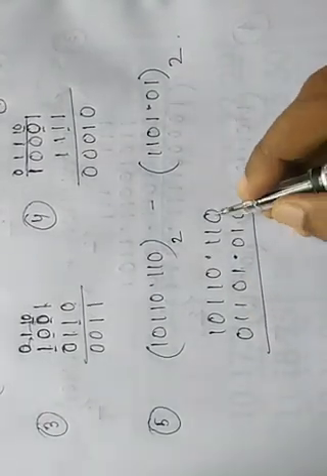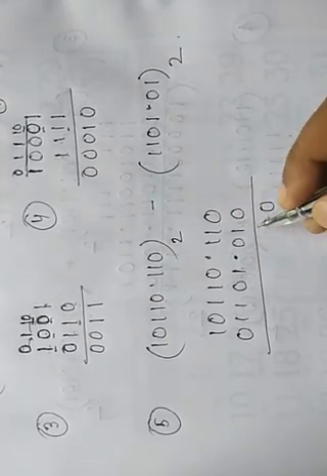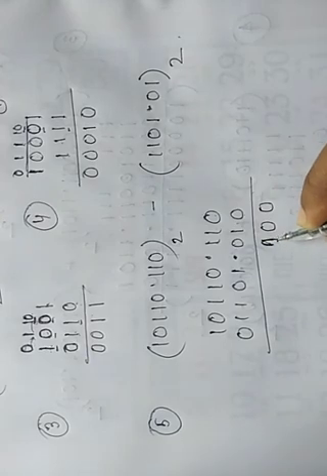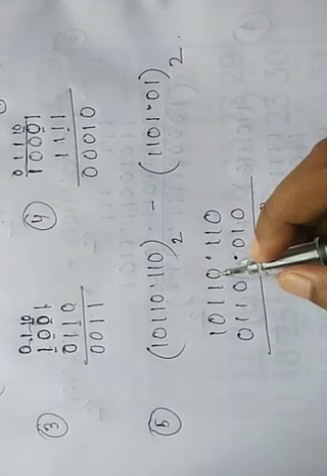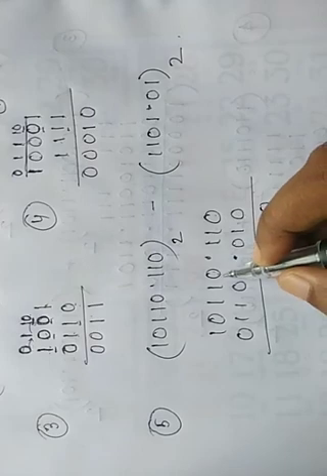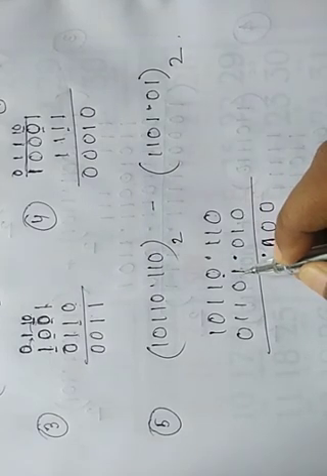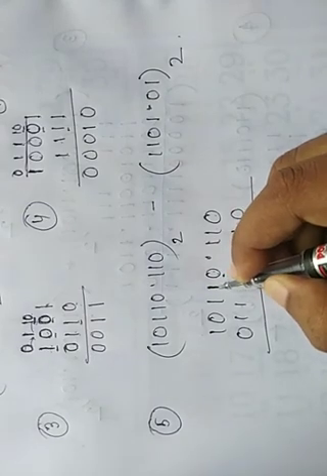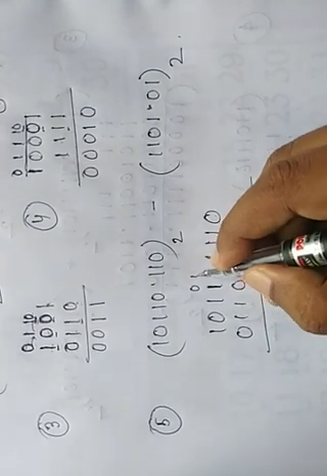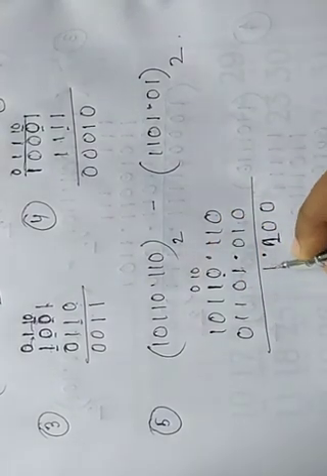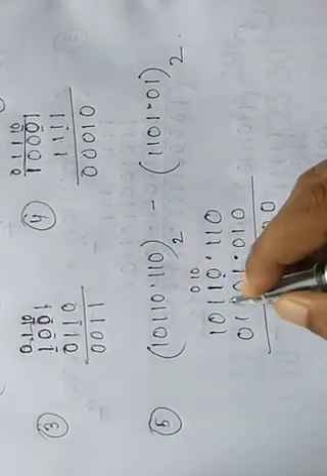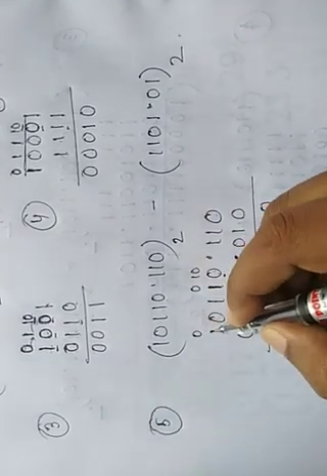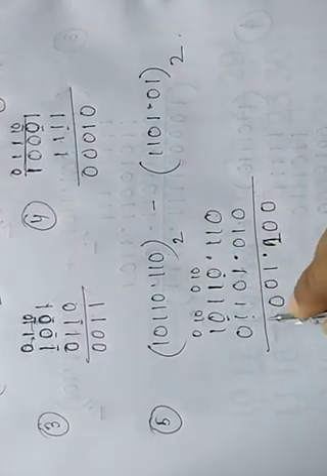Now do the subtraction. 0 minus 0 is 0. 1 minus 1 is 0. 1 minus 0 is 1 point. Now here 0 1 0 1 means the upper value is 0, here is 1. So we have to take 1 from this side, because the previous value is 1. So it becomes 1, it becomes 0. So 10 minus 1 is 1. 0 minus 0 is 0. 1 minus 1 is 0. Again 0 and 1, so we have to change it to 0 and 10. 10 minus 1 is 1.